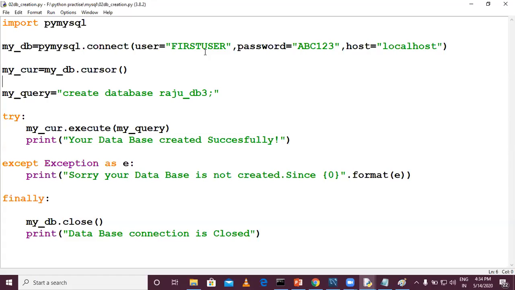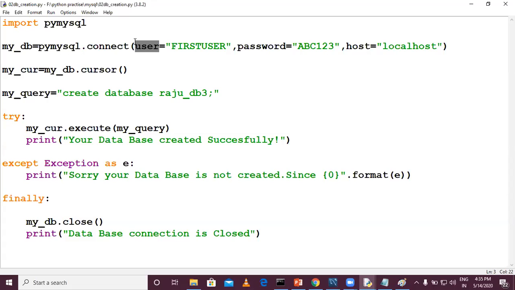It is not compulsory to give the arguments in the same order. If you want to give them in a different order, you can, but the condition is that you should use the name of the argument, otherwise it will assume the default order. The default order is host, then user, then password, then database.